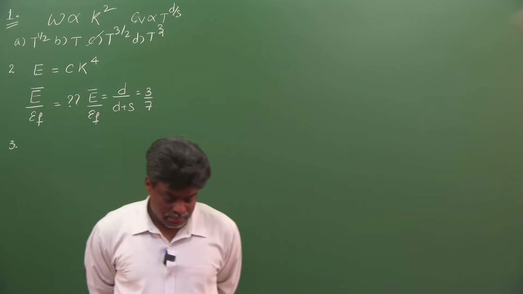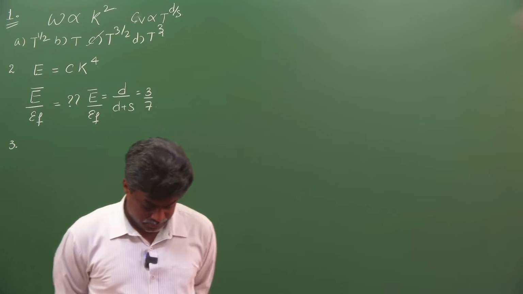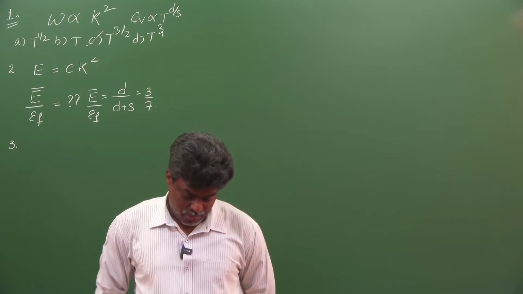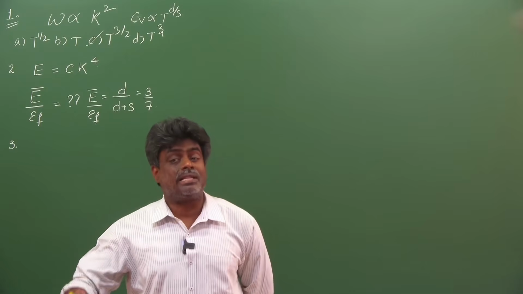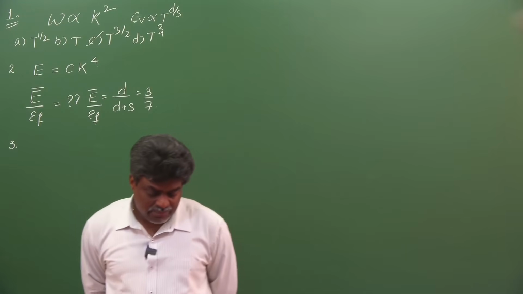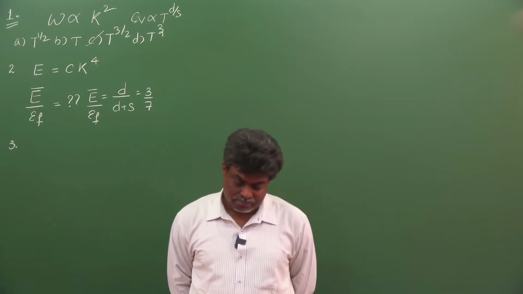How many times increased? 8 times. Number density increased by how many times? 8 times. Its Fermi temperature will be